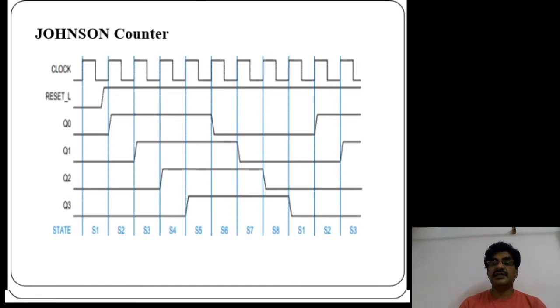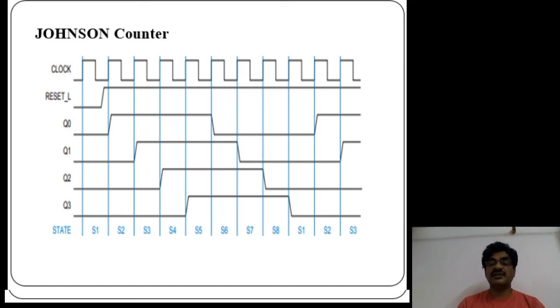Let us see the timing diagram for the Johnson counter. Initially, the clear signal, which we named reset in the design diagram, when it is 0, resets the counter. When the counter is reset, all outputs are at logic zero. After that, when it is 1, based on the S0 and S1 values, since S0 is at ground potential and S1 is at 5 volts, so 1 0 is maintained. It shows the left shifting operation.